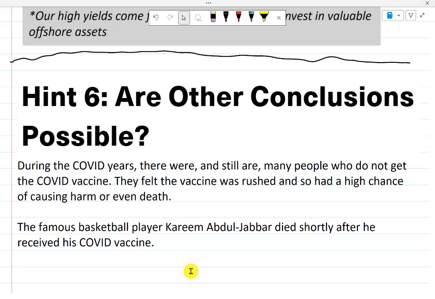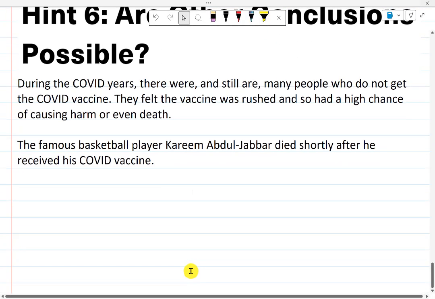But here's one situation, one case. A famous basketball player, Kareem Abdul-Jabbar, died shortly after getting it. Now, he was about 70 years old, I think, when he died. But this is a phrase after he died that I heard from some of these anti-vaxxers. Let's call them anti-COVID vaxxers because they typically will take vaccines. Here was a phrase that was heard. See? I told you that vaccine will kill you.